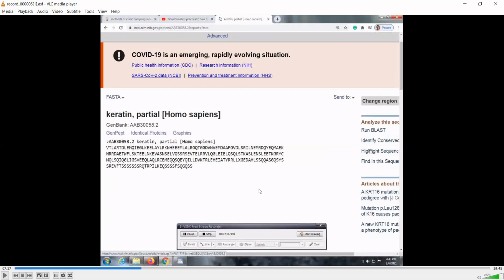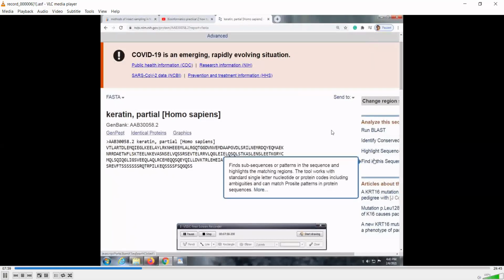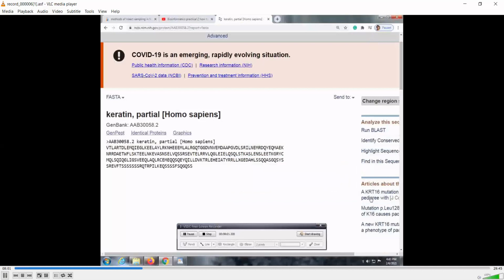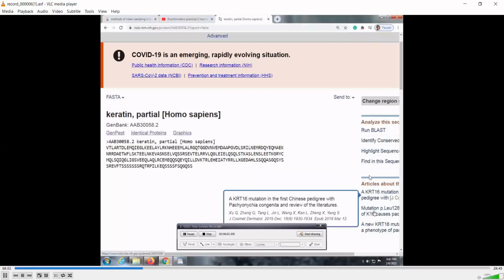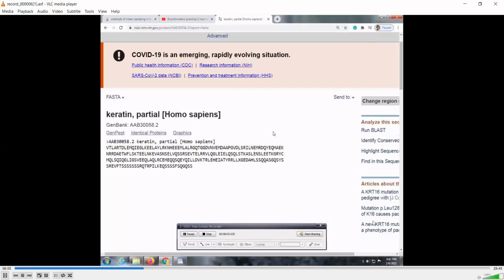homology searches by using BLAST. You are able to see here so many options on the right side: run BLAST, identify, consult, find, and articles about this protein also. And when you want to download it, there is an option now on near about every page. So let's go to our